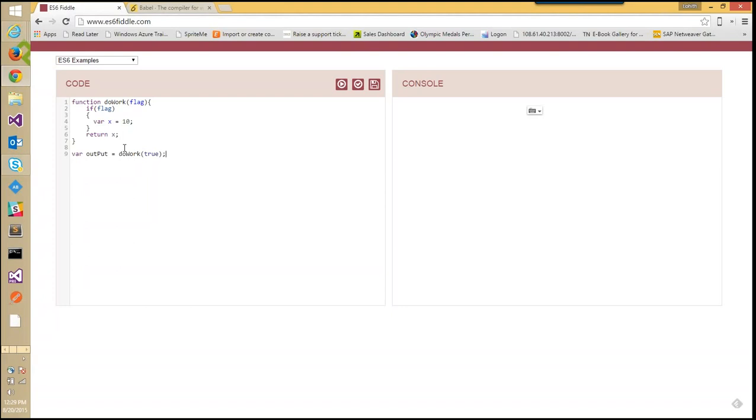Let's say I pass true. Oh, I did not do a console.log of output. Sorry, hang on. So console.log output. Sorry about that. And I'm getting 10,